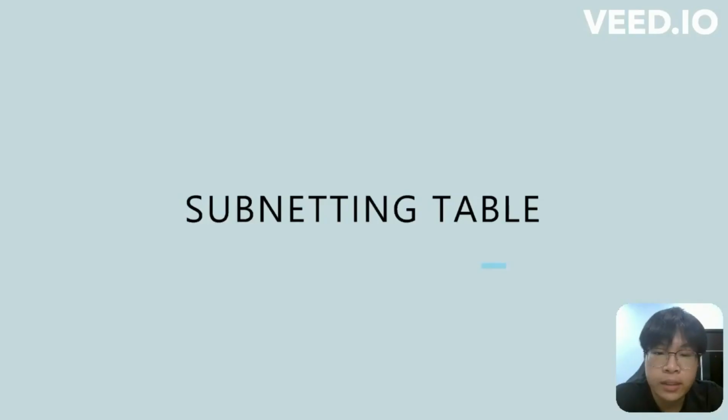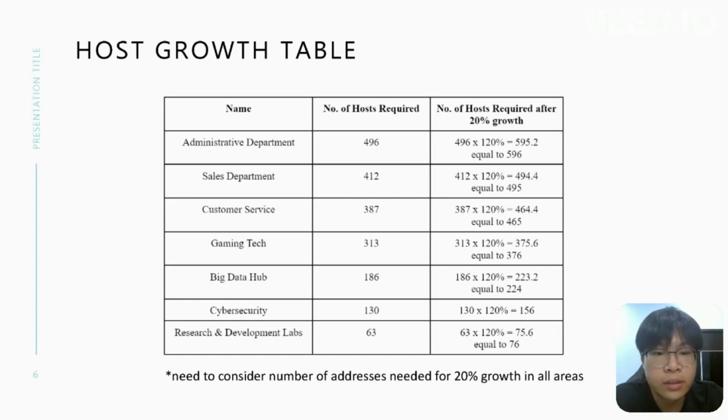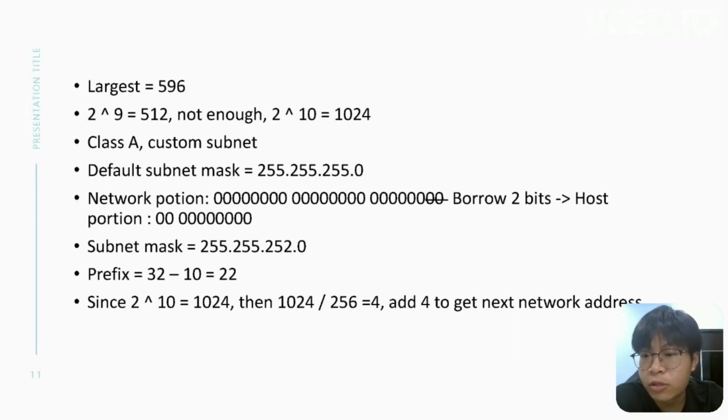Okay, next I will explain how to calculate the subnetting table. According to the host growth table, we can know the largest number of hosts required is 596. So we need to calculate how many bits we need to cover 596 hosts. So we can use 2 to the power of 10, which is 1024. It is enough to cover 596 hosts. For your information, we are doing class A and it's a custom subnet. So our default subnet mask will be